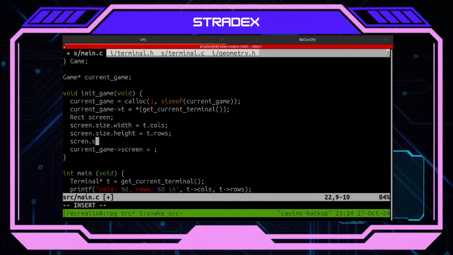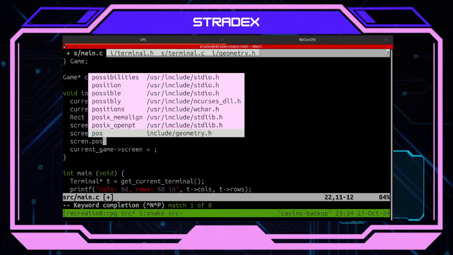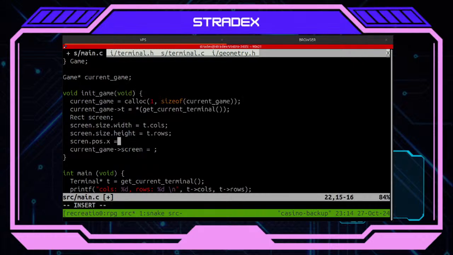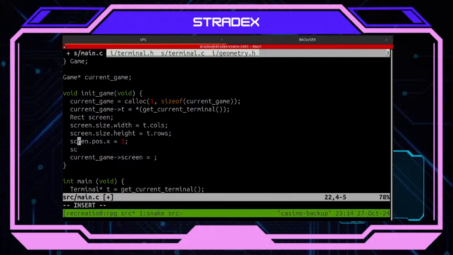Now screen dot pos dot x equals 1, screen dot pos dot y equals 1, minus 1, minus 1. Okay, perfect.